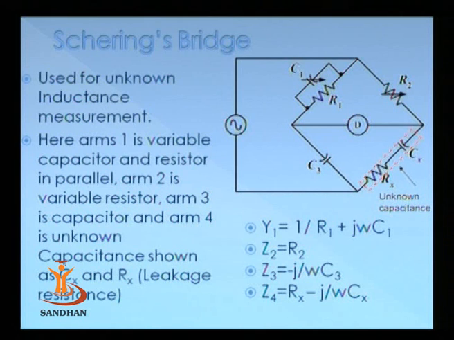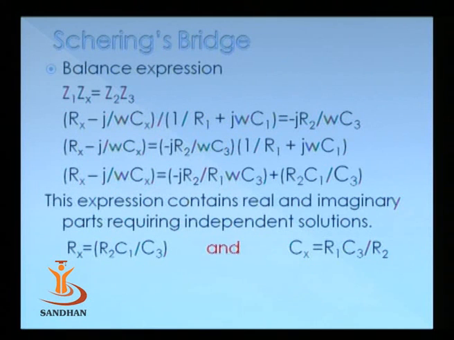Now here the unknown capacitance is represented as two parts or two units, Cx and Rx, where Cx is the capacitive reactance and Rx represents its leakage resistance. The admittance of the first arm is 1 upon R1 plus j omega C1, the impedance of arm 2 is R2, the impedance of arm 3 is minus j upon omega C3, and the impedance of arm 4 is Rx minus j upon omega Cx. Putting these values in the balance expression, Z1 Zx is equal to Z2 Z3,